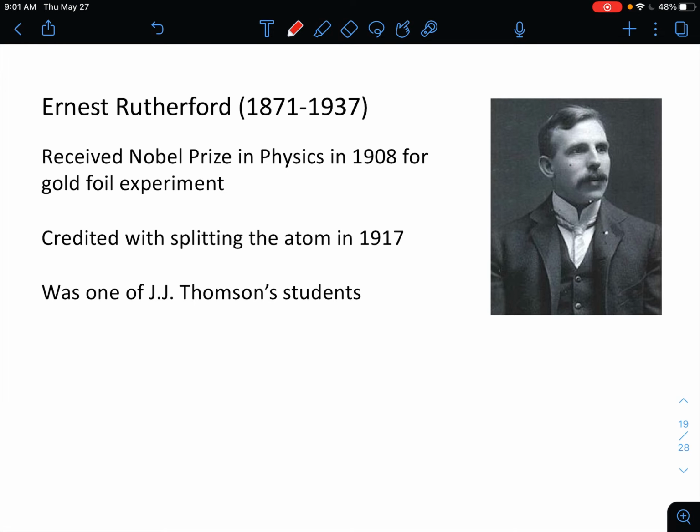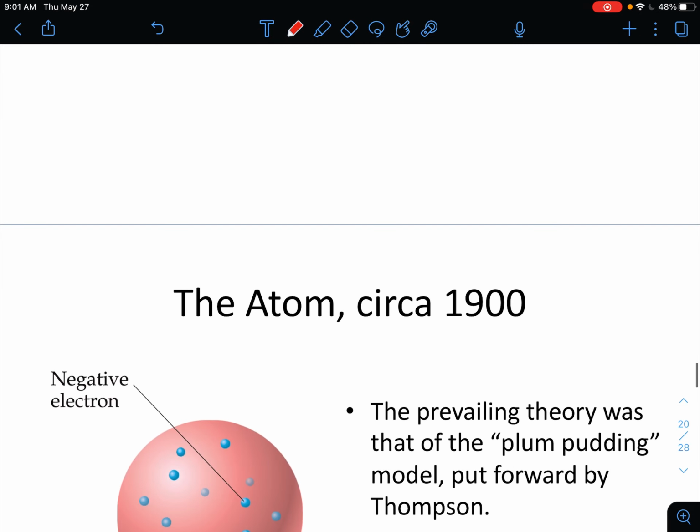Okay, so Rutherford receives the Nobel Prize for the gold foil experiment. He actually worked with Thomson prior to conducting this experiment. And later on, he will also be credited with discovering the proton as he continues his study of the atom. So let's look at the schematic for